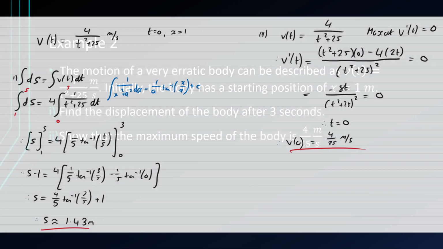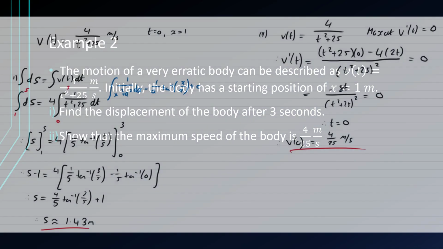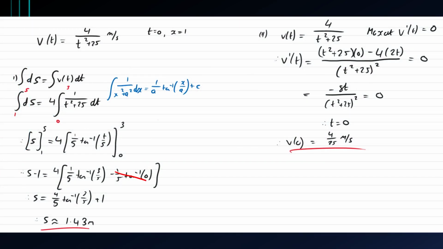The second part is to do with maximum speed. Now, the graph of something like this is very complex, but it's essentially finding when the derivative of the velocity function is 0, or when the acceleration is 0. Because once the acceleration is 0, then it's not going to be changing speed. Once it hits acceleration of 0, it's only going to go downwards. In most cases, we're not going to deal with sudden jolts of acceleration, so it's max when v prime of t